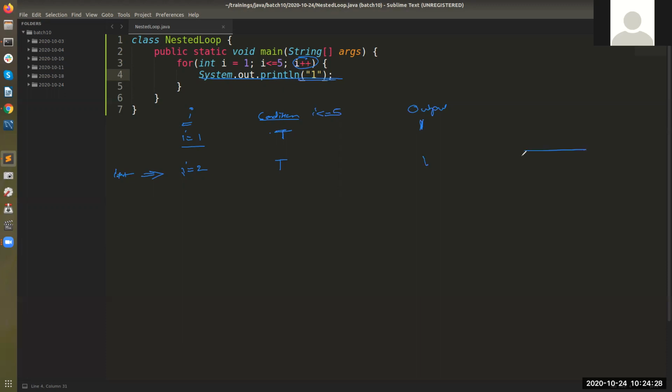So if I think about this as my terminal screen where I'm going to see the output, the answer will be like 1, 1. So I is equal to 3, true, print again 1. I is equal to 4, true, again 1. I is equal to 5, again true, right? Display will be 1. Now I is equal to 6. The value of I is incremented. I is equal to 6. The condition is false.